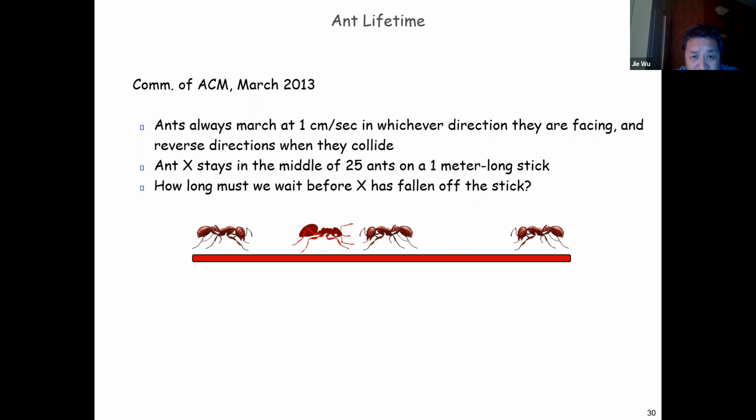If you recall, in this problem you randomly distribute 25 ants on a chopstick, and the ants move at constant speed in either direction. Also random, so each ant can move left or right, and their location is purely random. The only thing is that when two ants meet, hit each other,